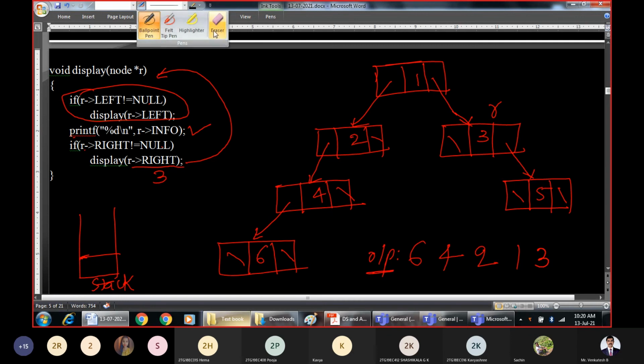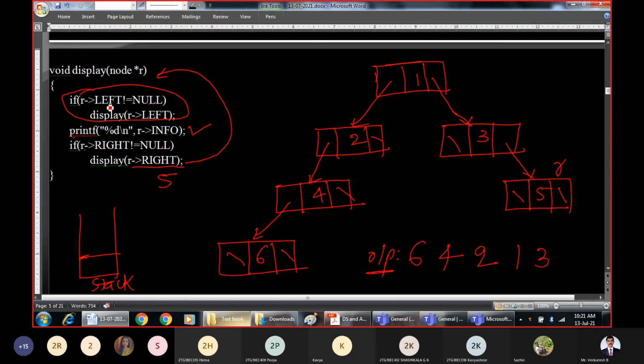Same function you call once again by passing what? Now r pointer right is 5, passing 5 as a parameter. Once you call the recursive function once again, r will be pointing to this node on which we are processing.